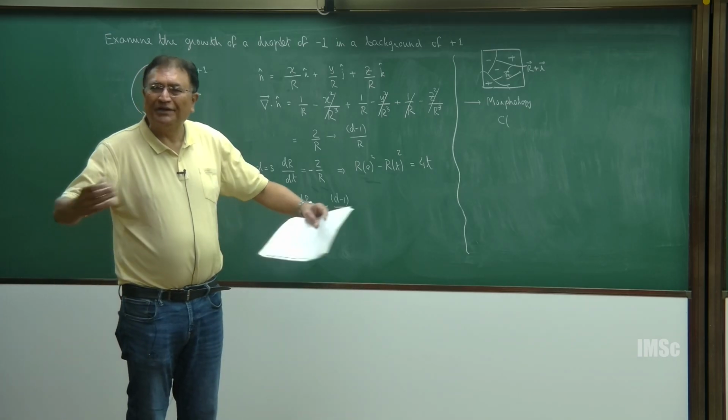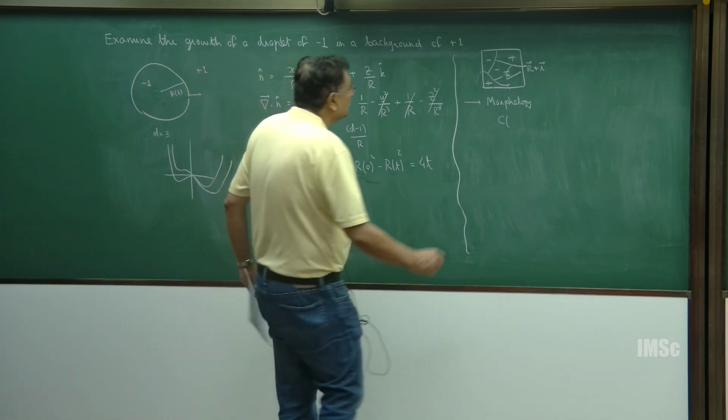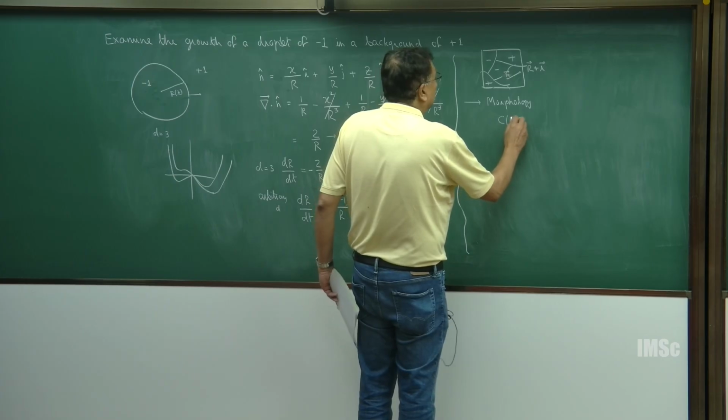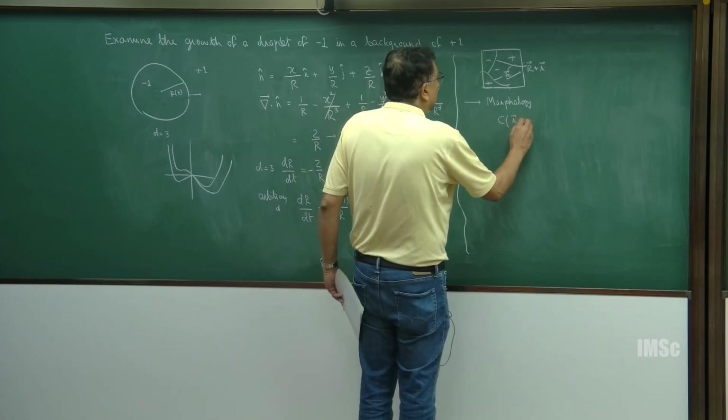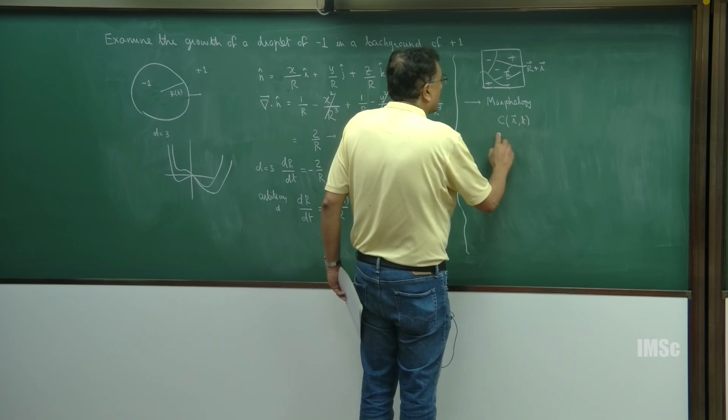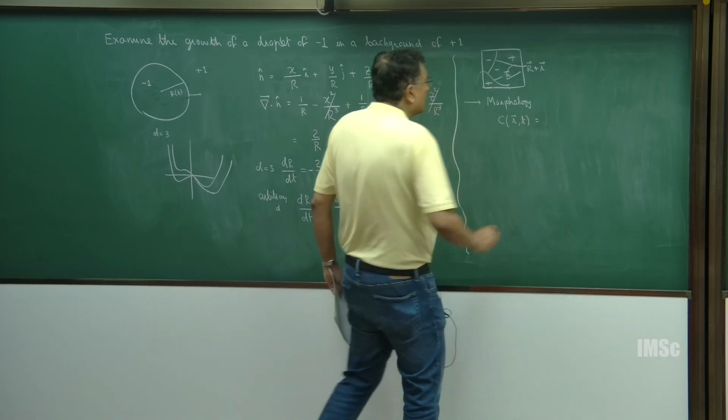And near the critical point, that correlation becomes larger and larger. So the quantity we always measure in both equilibrium and non-equilibrium stat mech is the correlation function,